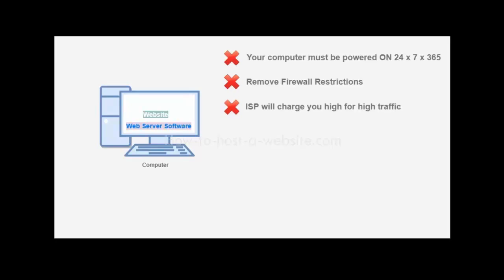If there is a huge amount of traffic to your website, then your internet service provider may charge you a high amount, because an increase in traffic also means an increase in the total bandwidth utilized. Your ISP, or internet service provider, may even sue you for using the network for commercial purposes and may suggest you take a commercial license, which will cost you way higher than what you would pay for internet for